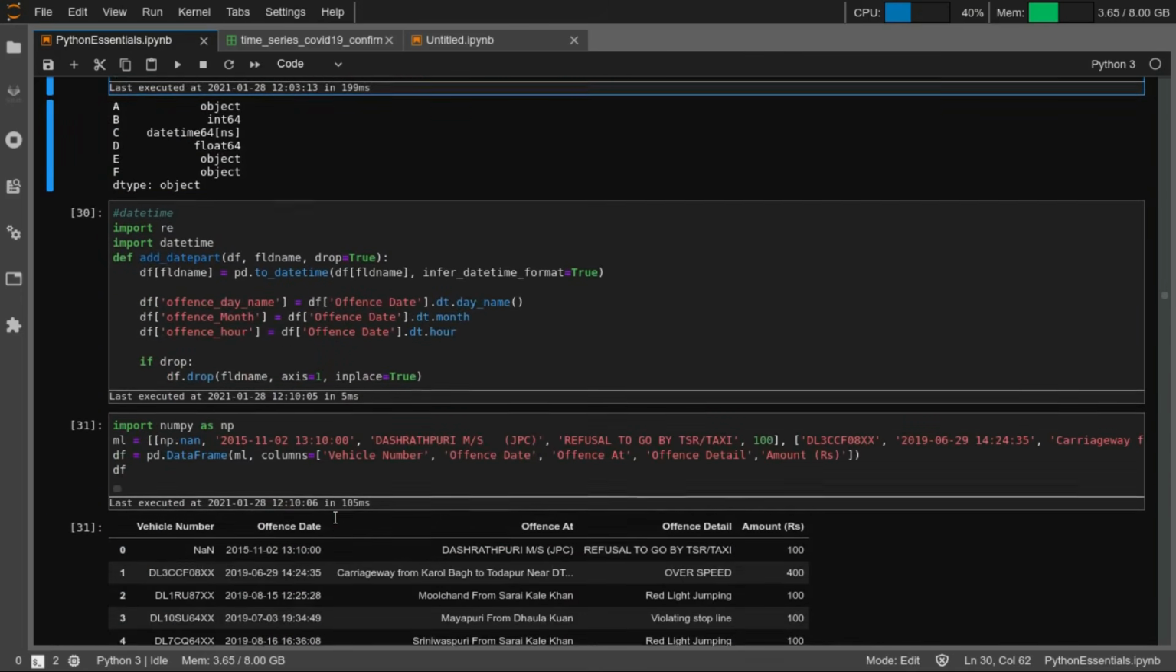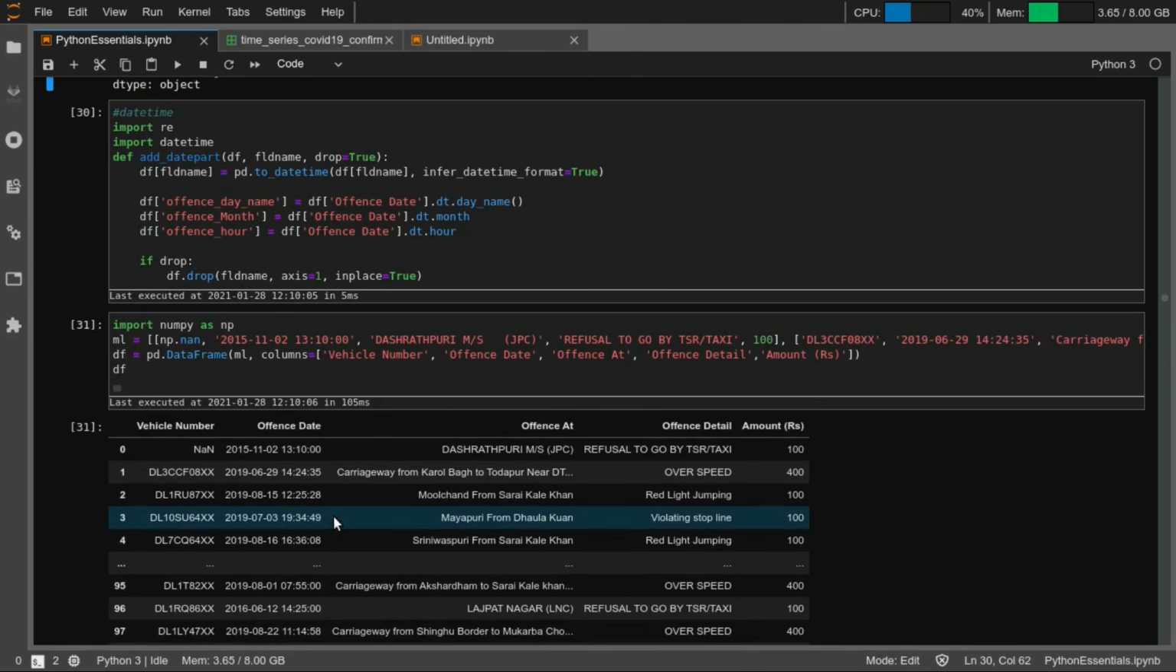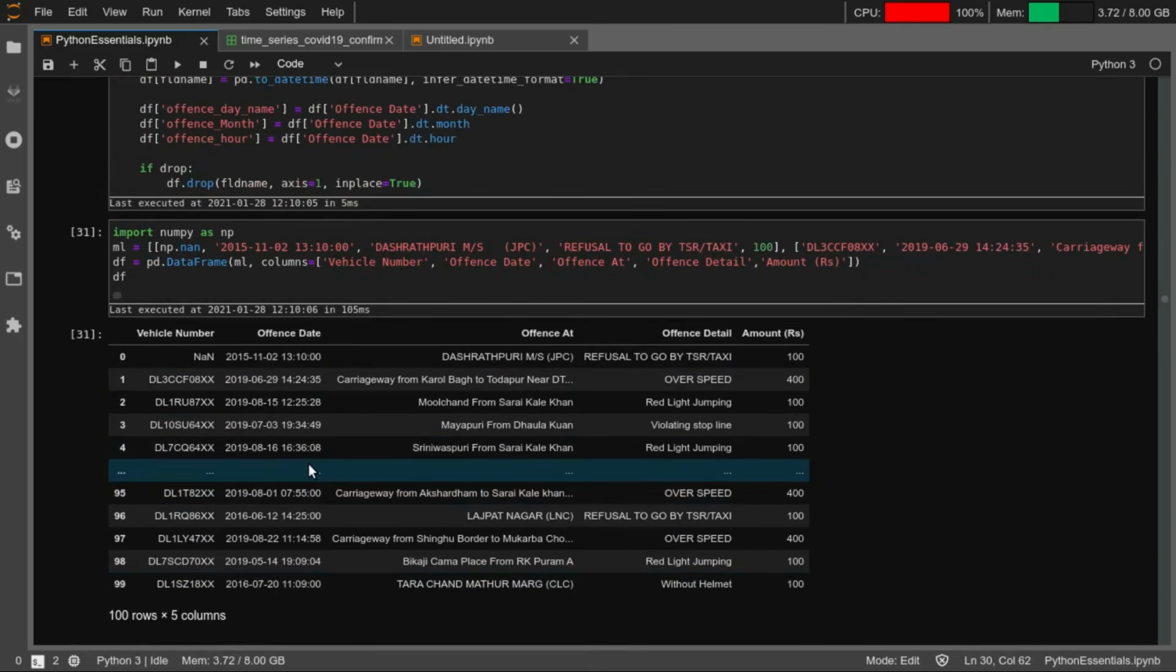Okay, now coming to the next one. As I said, there are certain advantages to converting into a date time. If you want to extract the day name, the month, the hour, and all of this, it might help you in certain analysis, some exploratory analysis, right? As an example, I'm taking here 100 rows of certain data from